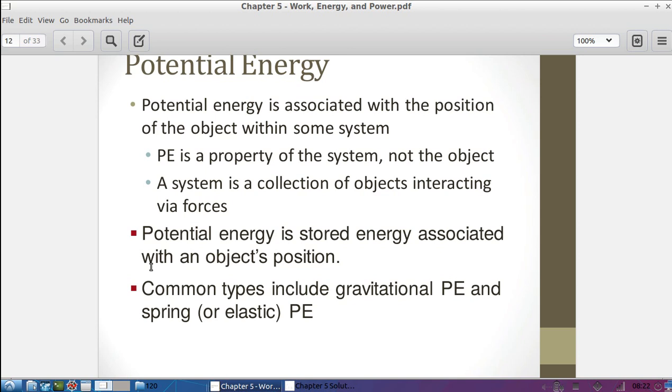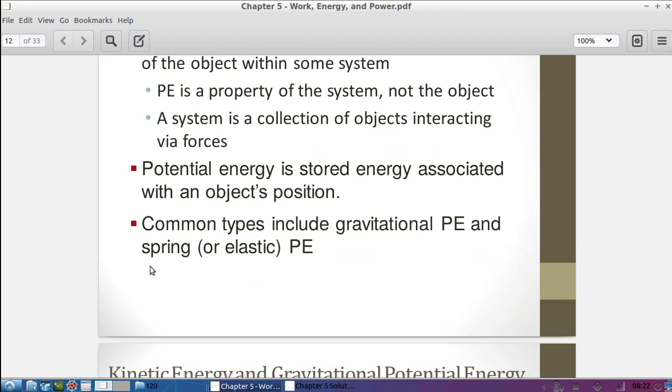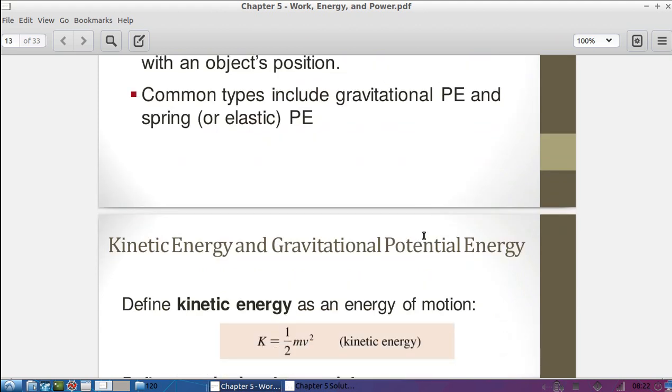So that's the first basic scenario we're going to deal with: gravitational potential energy being transformed to kinetic energy. And we'll talk about springs later. This is, I think, the second or third time I've mentioned springs without actually formally introducing them, but we'll talk about elastic potential energy, or spring potential energy,